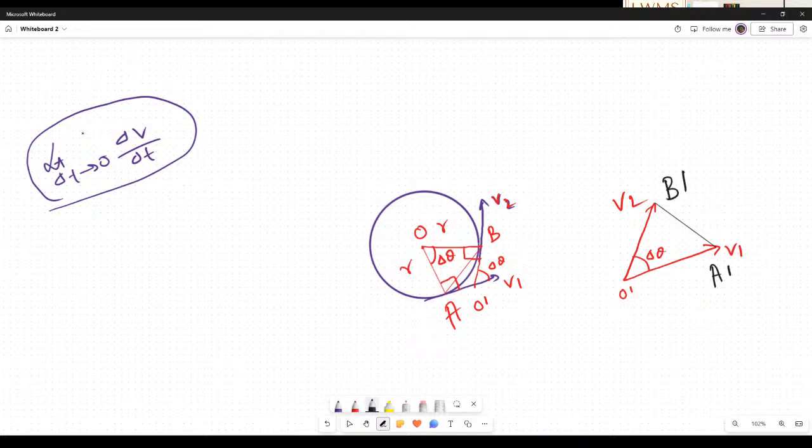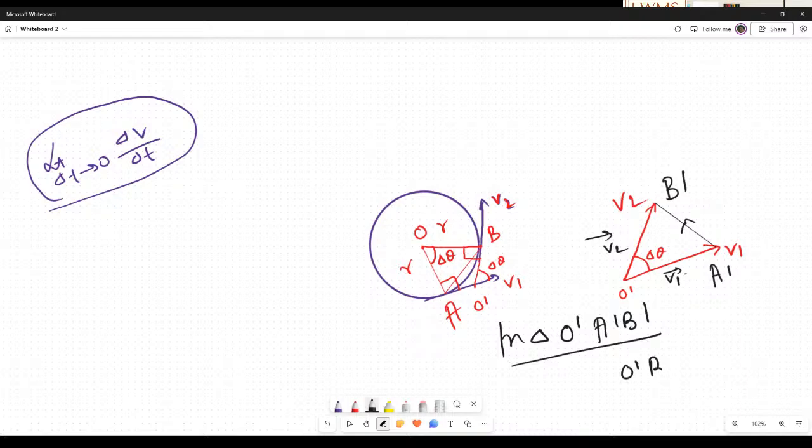Where do I find V2 minus V1? This is V1 vector, I told. V2 vector, how can I find the difference? You understand how V1, V2 were taken? Same thing I have just taken over there. So this is V1 and this is, in this triangle, O dashed, A dashed, B dashed, O dashed B dashed equal to